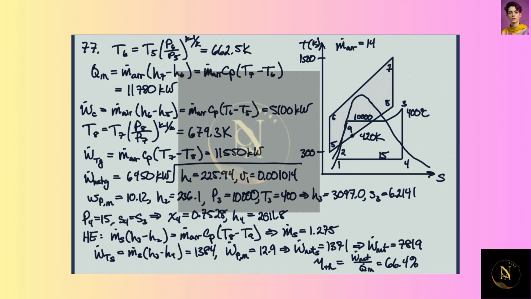In this problem, we're going to analyze a combination gas-steam cycle. So here's our gas cycle up here, from 5 to 7 to 8 and back to 5. And then at 9 is where we have a heat exchanger, so we're extracting the heat from